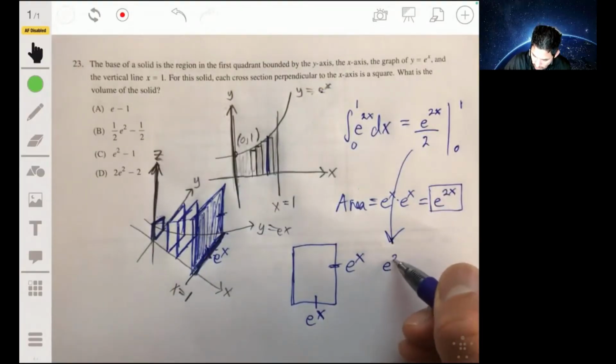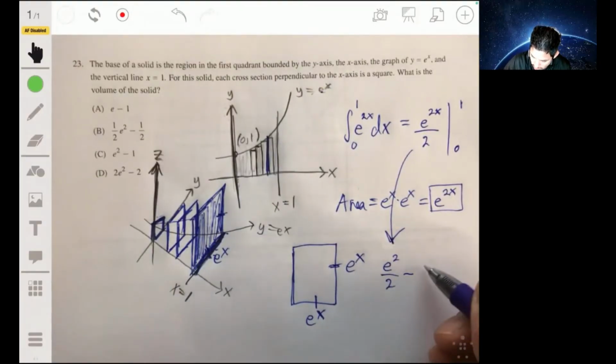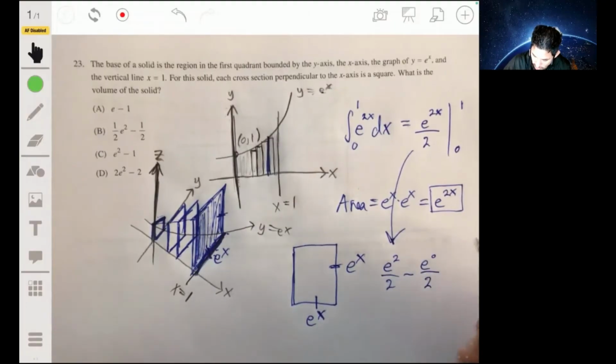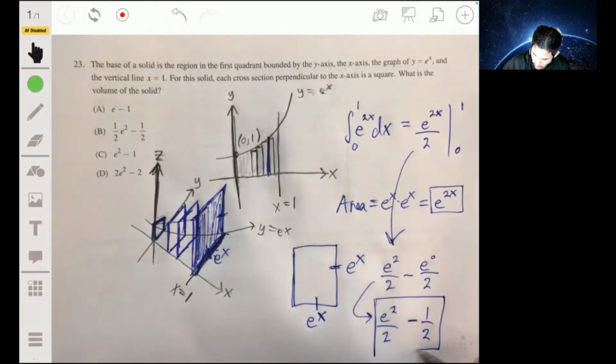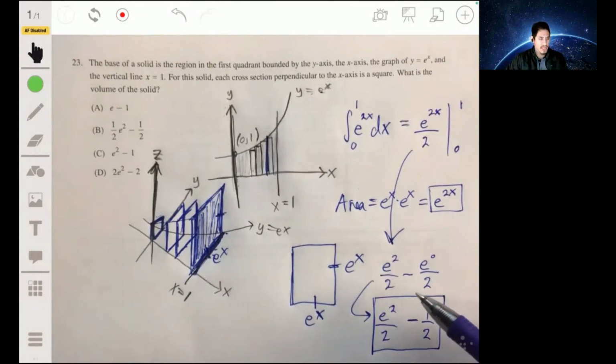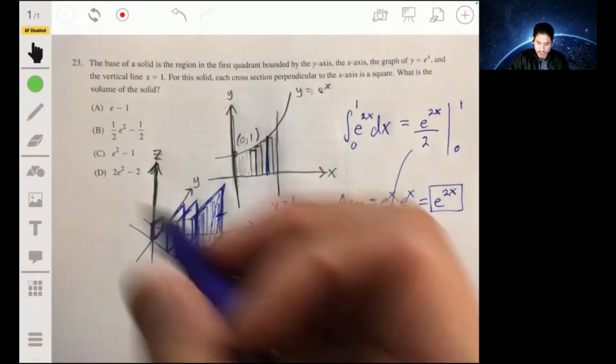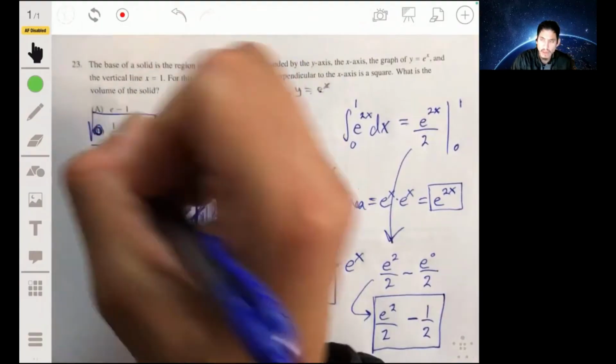That'll be e to the 2 over 2 minus e to the 0 over 2, which will just be e to the 2 over 2 minus 1/2. Pardon my messy handwriting. And then your answer will be